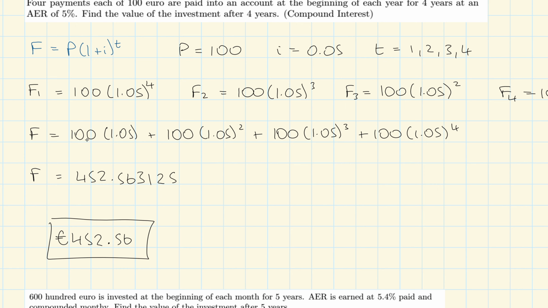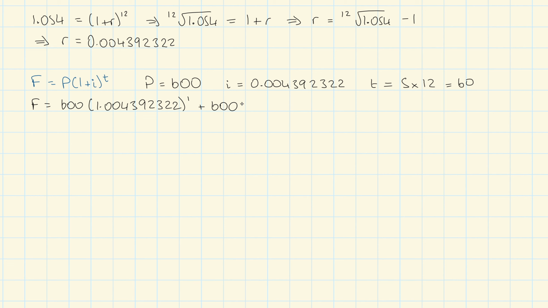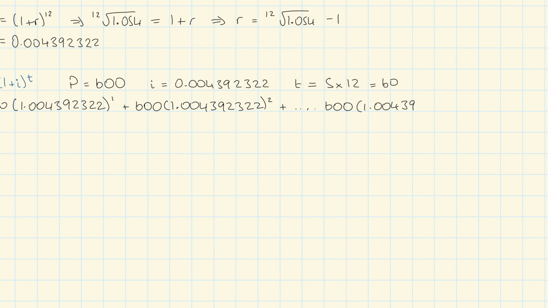I can see here that it starts off to the power of 1, power 2, 3, 4, and so on. So we take the same approach here, we're just cutting down on a step, that's all. Squared. So I've established my pattern there, and I know that my last one would be 1.00439232